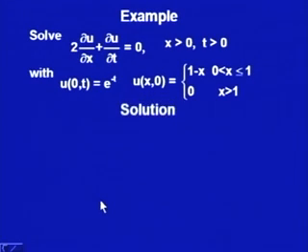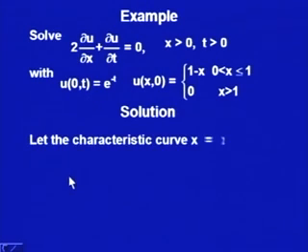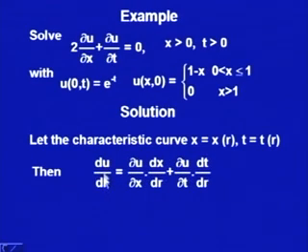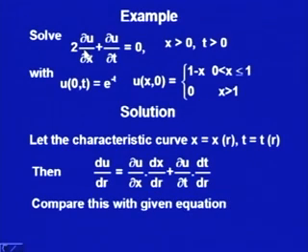We will go with the solution. As usual, we will first find out the characteristics of this equation. So, for the characteristic curve again we would use x(r) and t(r). So, we will change du/dr as del u over del x times dx/dr plus del u over del t times dt/dr. Compare this with the given equation, I would get dt/dr is equal to 1,